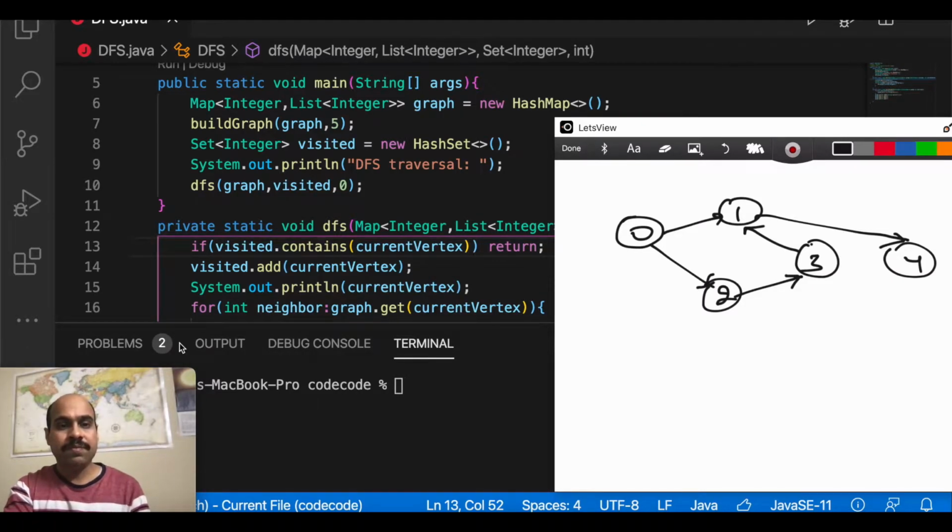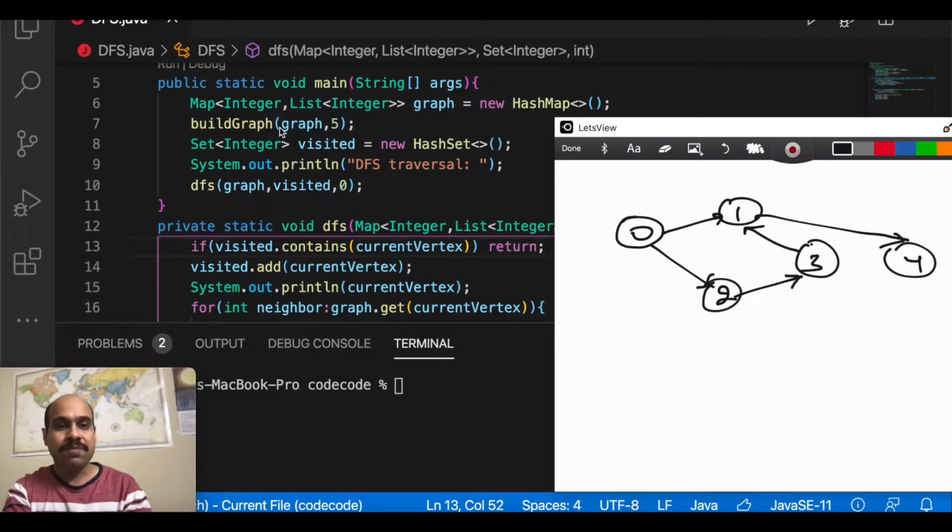Let's see the code. It's pretty easy code, but you will see it's very important to understand it in detail and know what each line is doing, and then you can implement it, or you can use it in many other problems of graphs or of mazes or of trees. Okay, so there are many other problems which could be solved using a simple DFS traversal.